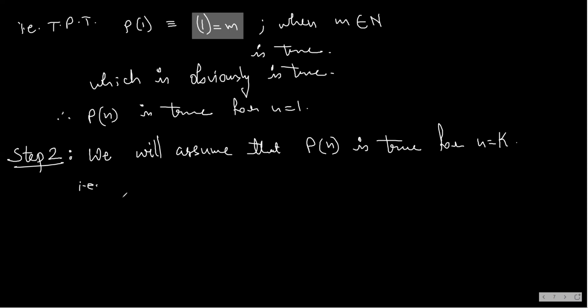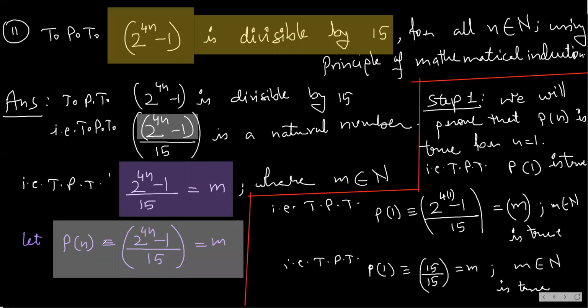That is, see, what was P of n? Here is P of n, right? So that is P of k,